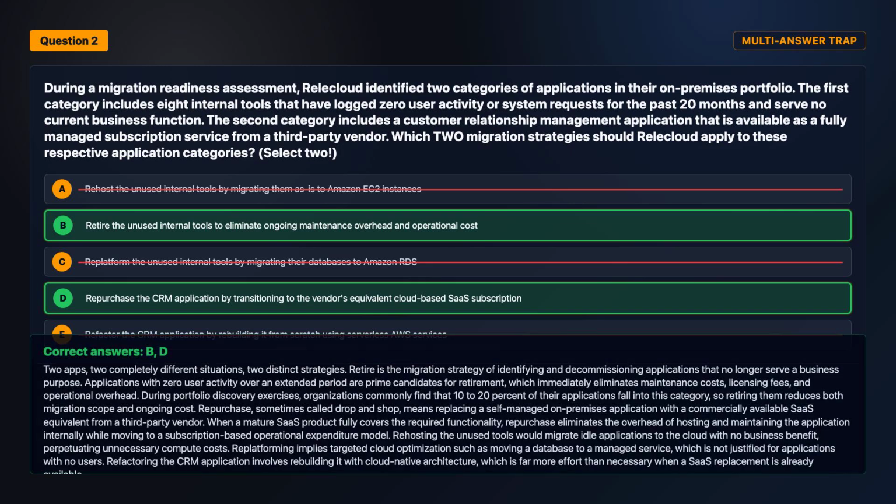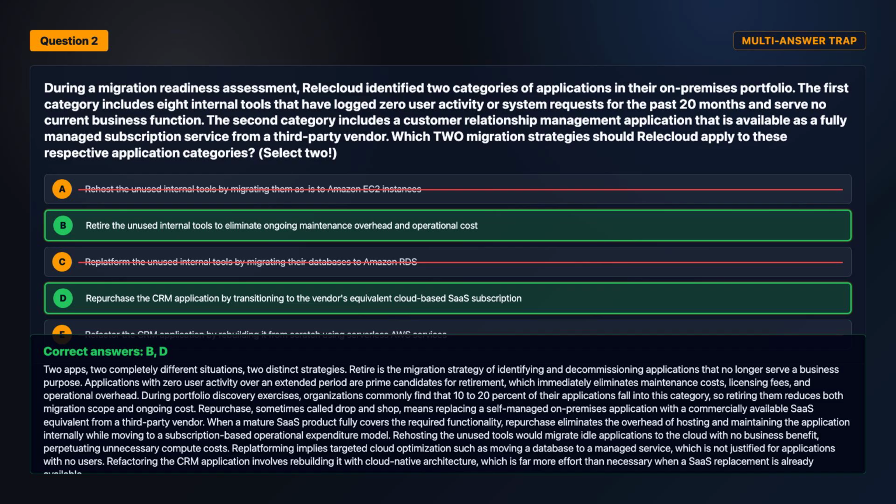The correct answers are option B and option D. 2 apps, 2 completely different situations, 2 distinct strategies. Retire is the migration strategy of identifying and decommissioning applications that no longer serve a business purpose. Applications with 0 user activity over an extended period are prime candidates for retirement, which immediately eliminates maintenance costs, licensing fees, and operational overhead. During portfolio discovery exercises,